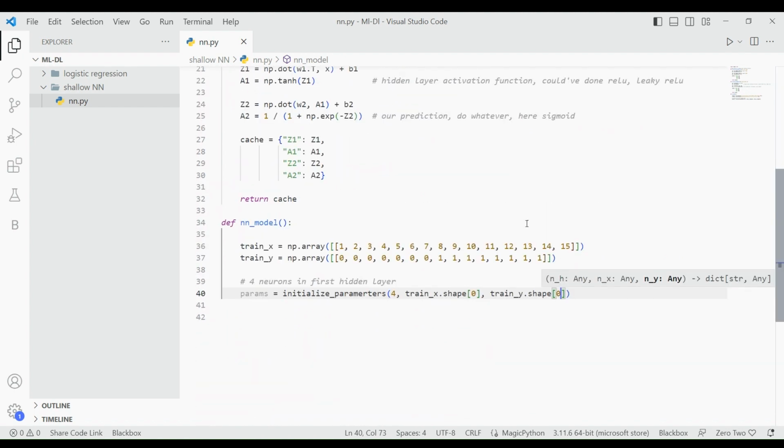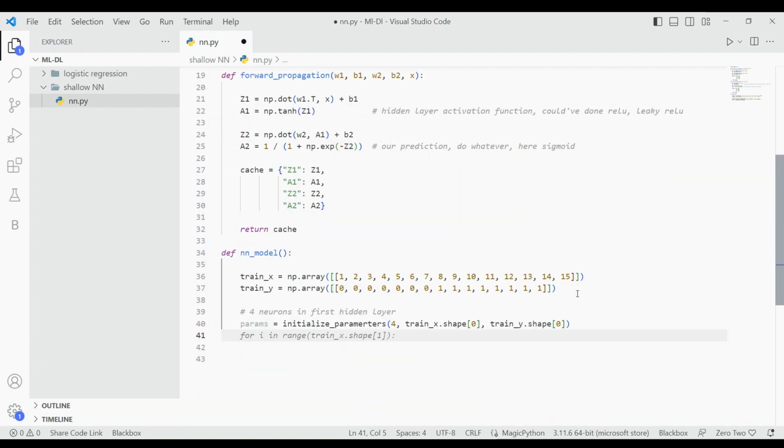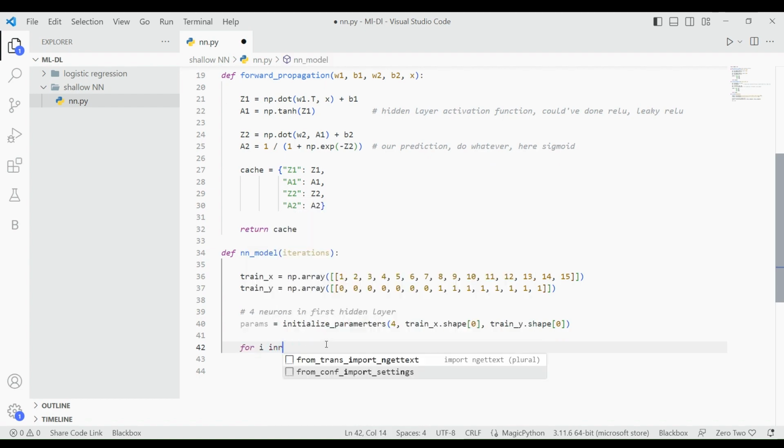I'm not sure if it makes sense. But so params is equal to that, and then I'm gonna use an iterations argument here, because we're gonna be constantly forward propagating, so I'm gonna say for i in range iterations,